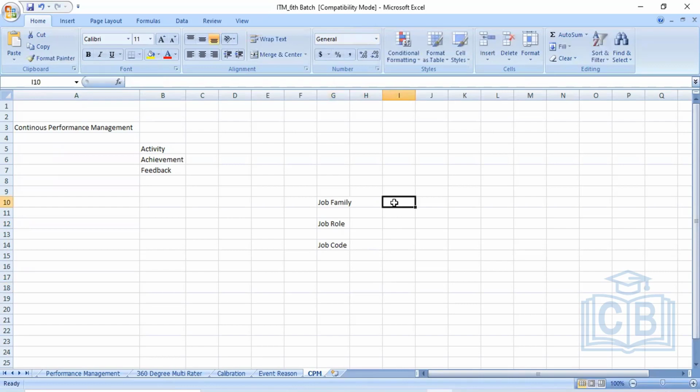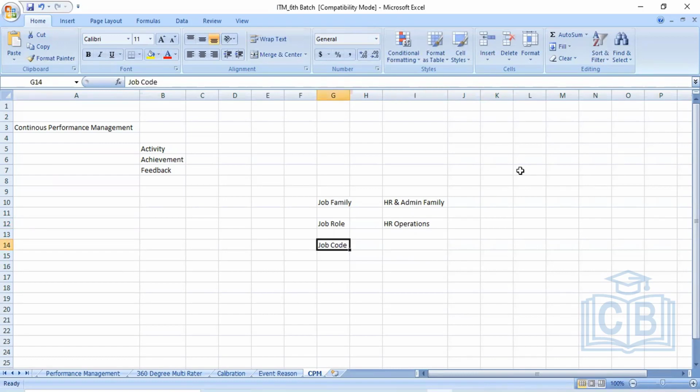If I give an example, I will create an HR and admin family. After that, I will create a role. Suppose I create a role as HR operations. And there will be some job code.